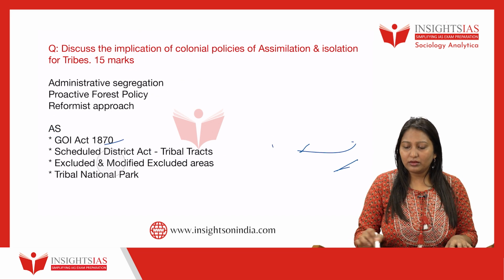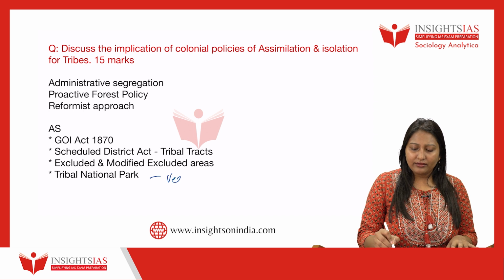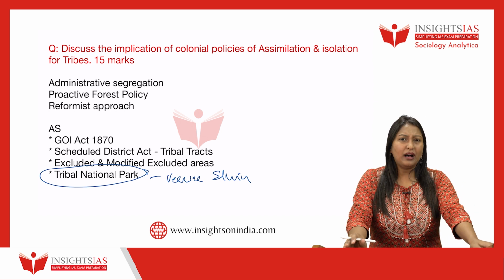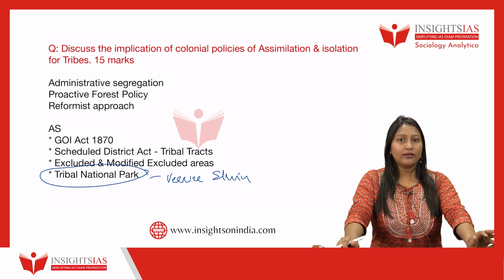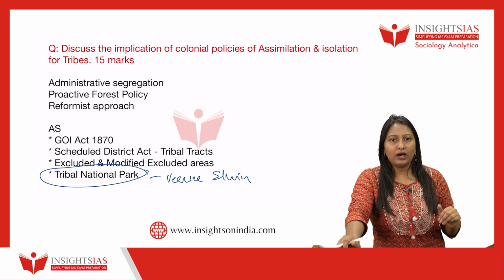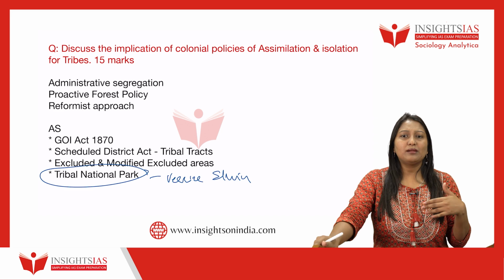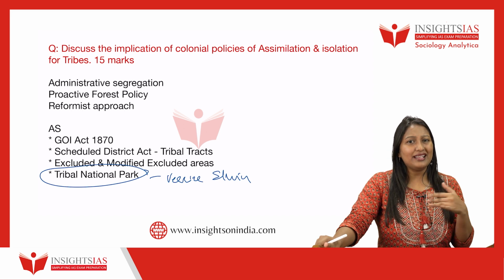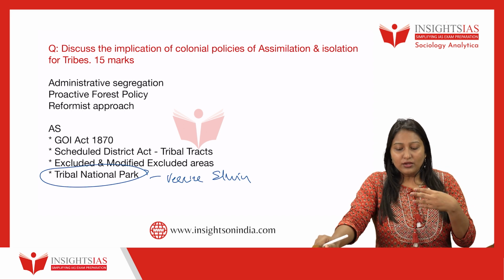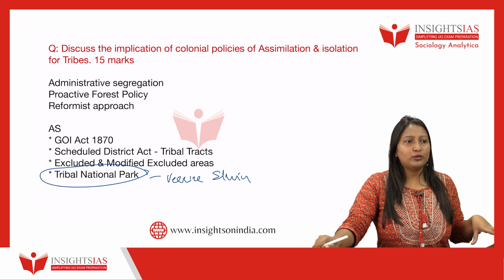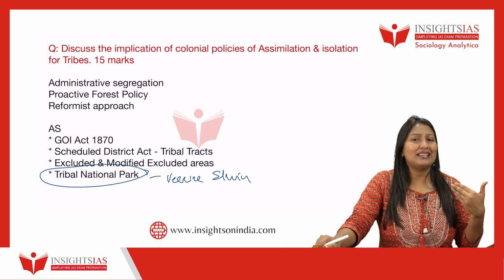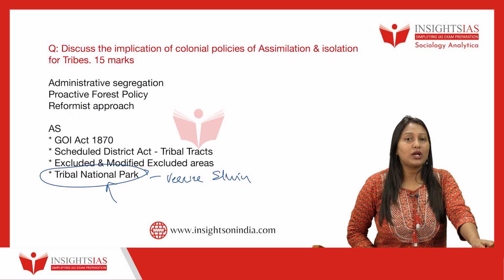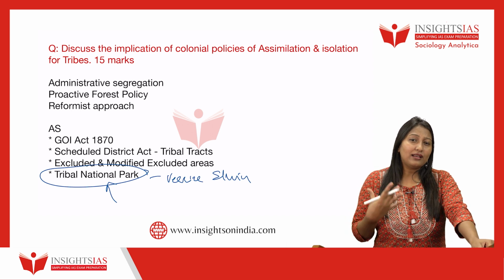And then the socio-anthropologist Verrier Elwin gives one more concept, that is the tribal national park. This was only a suggestion, it could never come into the picture. The way we have a Tiger National Park or any other national park, isn't it? Any species national park is to safeguard that species. Verrier Elwin believed that because of too much commercialization and encroachment, tribes were losing their own identity. So in this backdrop, he said we need to come up with a tribal national park, but the Britishers never came up with this plan.